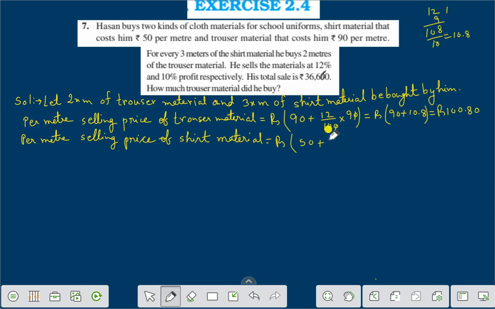The profit is 10%. Therefore, 10% of rupees 50 is 10 by 100 into 50. This 0 will cut, and this 0 will cut. That is 50 plus 5, that is rupees 55. So the selling price of shirt material is rupees 55 per meter